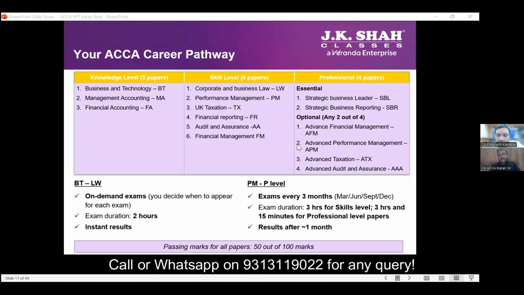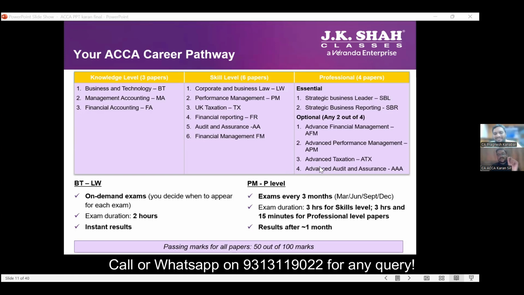So I have seen 90% of the people go with AFM, Advanced Financial Management, as their first preference. They are getting exemption in CA Final also for that. Exactly. And the other 2 papers which people normally select are Advanced Performance Management or Advanced Audit and Assurance. Is audit one of their preferences? Yes. The reason being, chartered accountants have already studied audit. The people we are talking to right now have just cleared their chartered accountancy, so they already have learnt the majority of the audit portion from you, sir. So you have just helped me in promoting my business for auditing. Yes. So advanced audit and assurance is definitely possible.